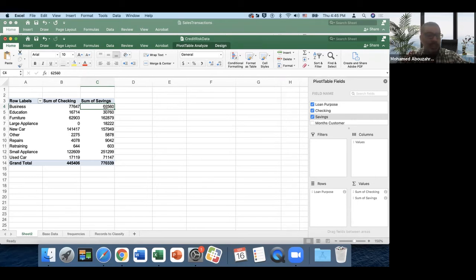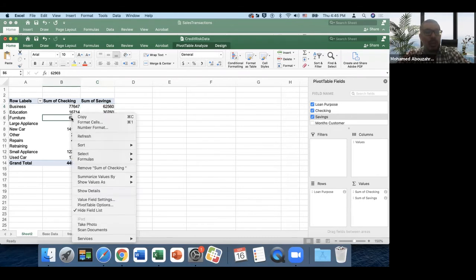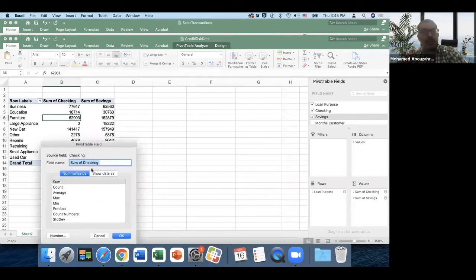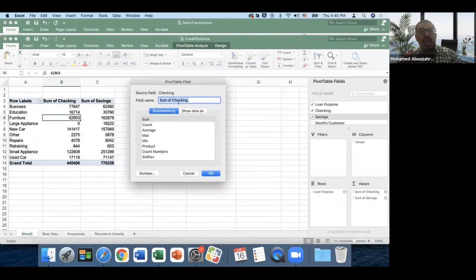Can I change it or not? Of course, I can change it. I can change anything with pivot tables, right? So you can click somewhere inside the column you want to change, and you can go to an option called value field settings. Okay, value field settings. If I click on value field settings, I will see a list of all the statistics I can use. So I can use a sum, a count, an average, max, mean. I can use whatever, right? So if I want to use the average, for example,